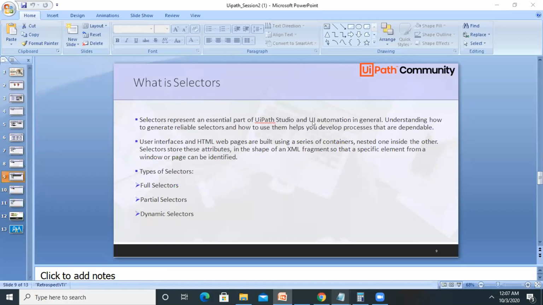So just like if we are working on Notepad++ or any other desktop application, or our calculator as well, at that time we need to change it according to our requirement. Or if we are working with HTML pages, then also we will need to have different types of components to be selected. So let me give you one example of how a selector works.